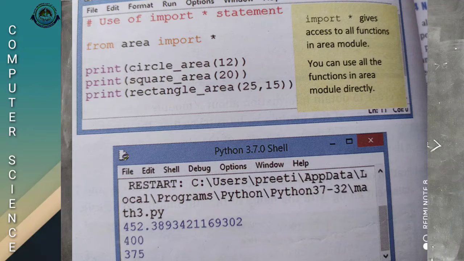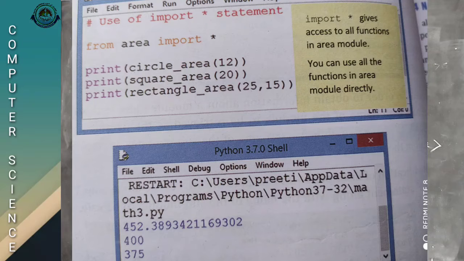Then please look into its output part. From area import star, print circle area 12. Based on pi r square, the value of radius is 12, so the result is 452.389 something. Print square area of 20, side into side, 20 into 20, 400. Then print rectangle area 25, 15, length into breadth, 25 into 15, 375. This is called the import star statement.